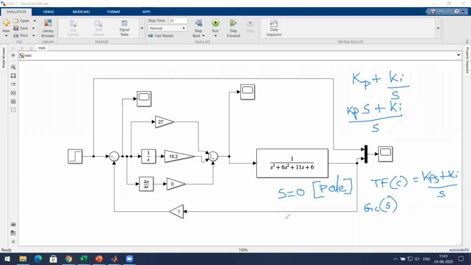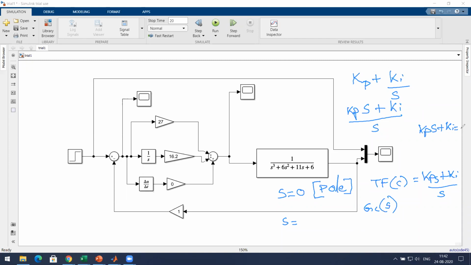Then what about the zero? From where will you get the zero? Numerator. What is this? Kp S plus Ki. How do you get the roots?